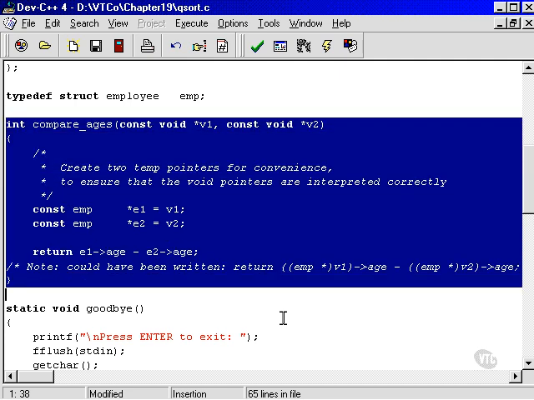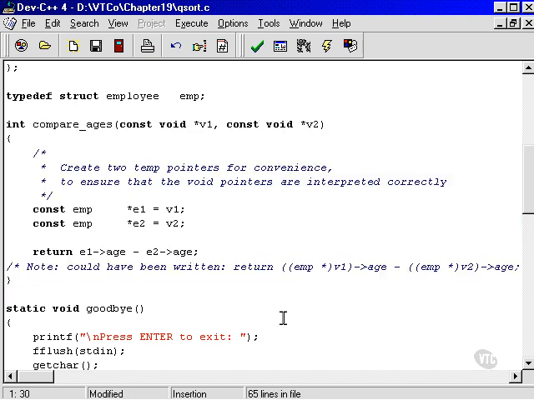We're never going to call this function directly. Qsort will call it every time it needs to compare 2 of the elements in our array to see if one is greater than the other. Okay, so let's compile and see if that works. We compile and